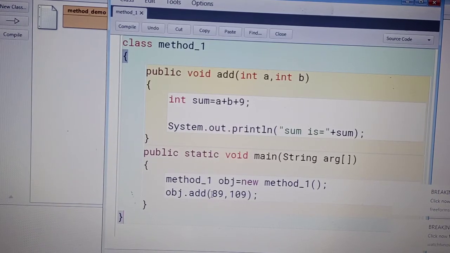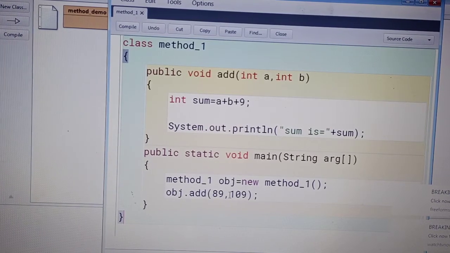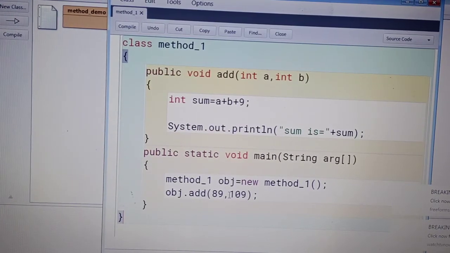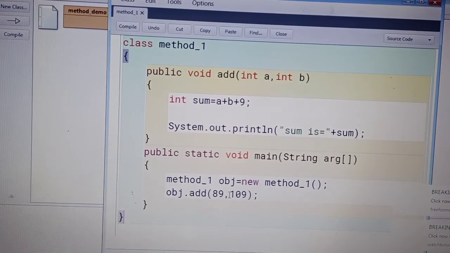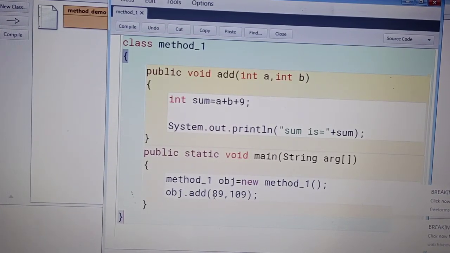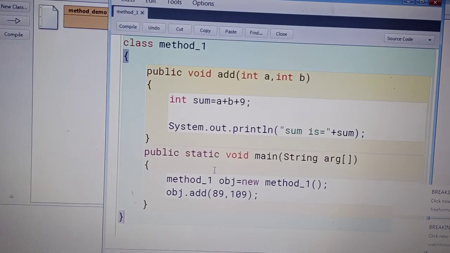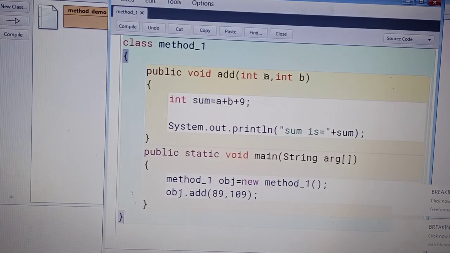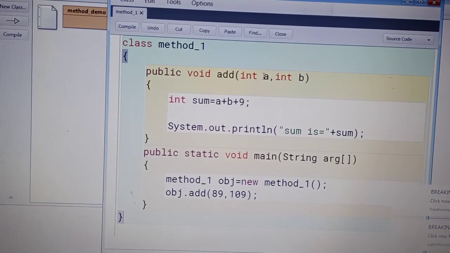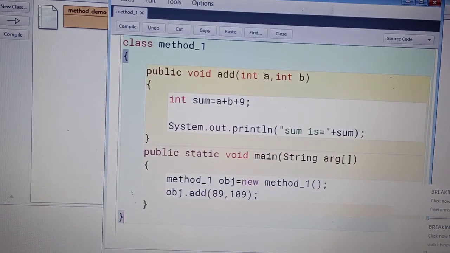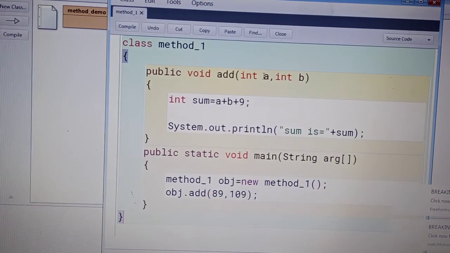If you mention a data type within this calling method, it's wrong. Okay, it's not a calling of a method, it's a declaration of a method. So in calling a method, there is no requirement of a data type. In the formal parameter, there is a need to declare the data type of a variable.